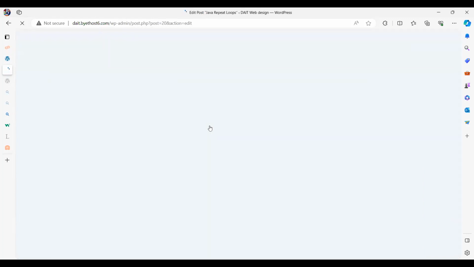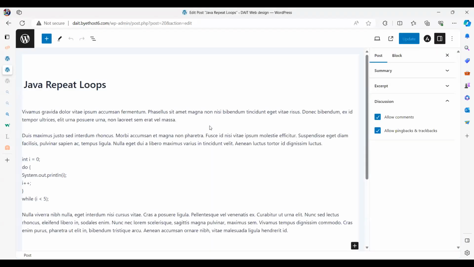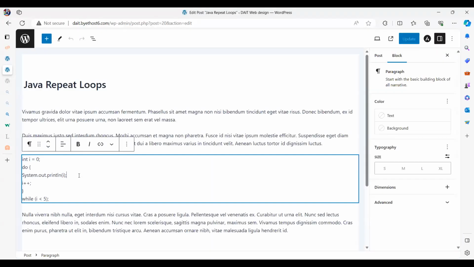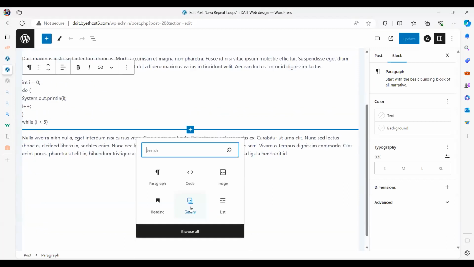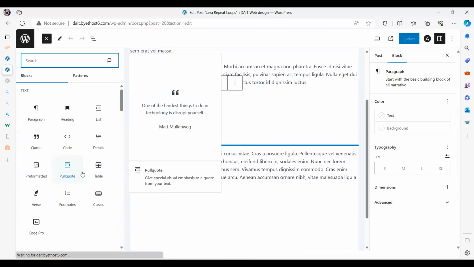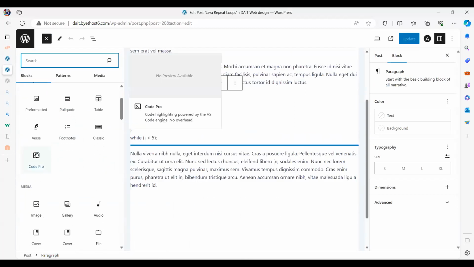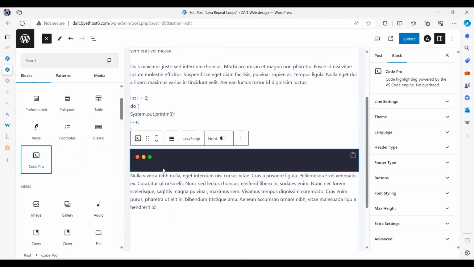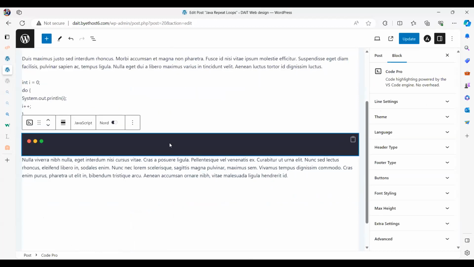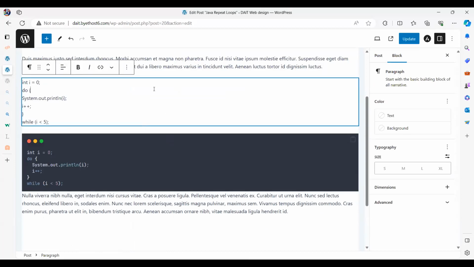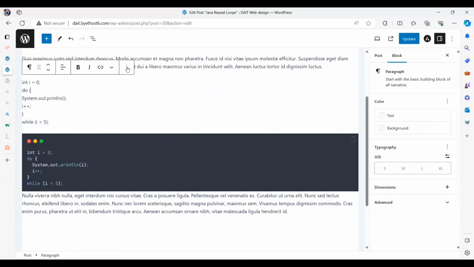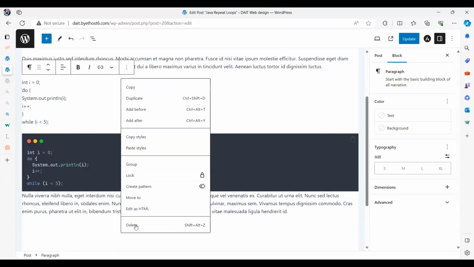And I'm going to prettify my Java code, right? It doesn't look very nice. So what I'm going to do here is maybe I can have a new block here so that I can delete the next one. So if you go to browse all and then keep going down, you can see Code Pro here, right? So that's Code Pro, and I'm going to paste my Java code there. That's it. And I can delete this code block. Go here. I can say delete.